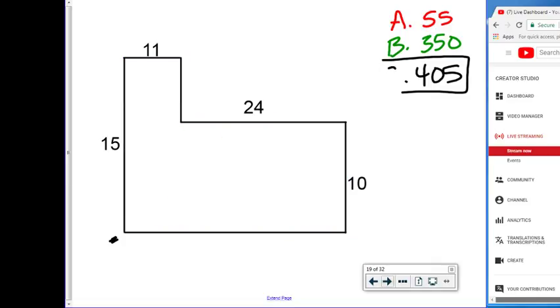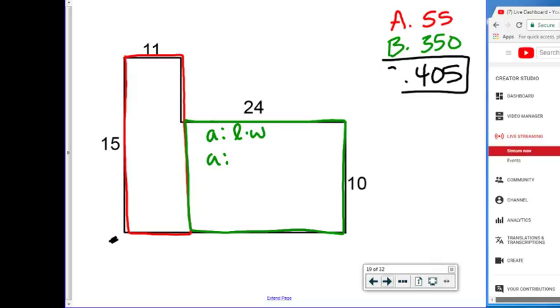Something else is if you wanted to break up your rectangle two different ways, or your composite shape, pardon me, and you wanted to break it up like this, you would be okay. This would be area's length times width, 24 times 10. And the area would be 240. This rectangle,